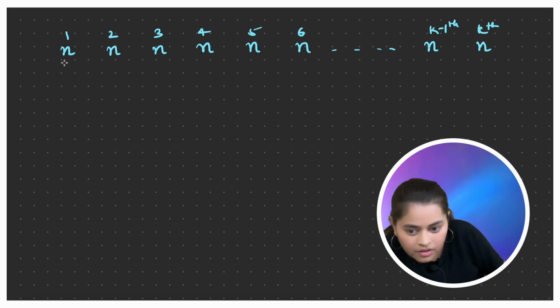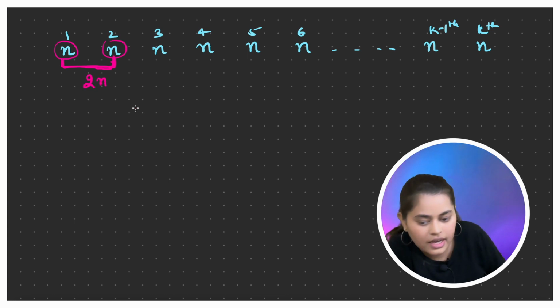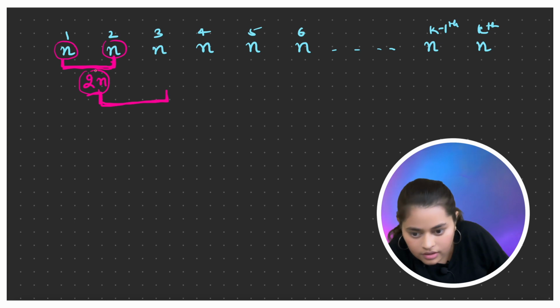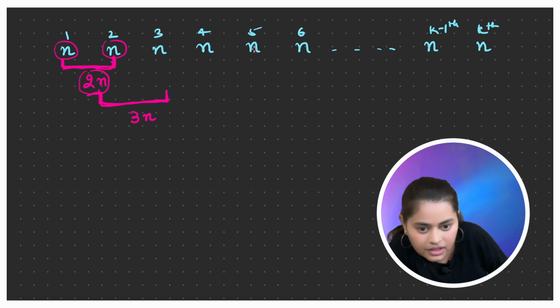What we are doing is taking these two lists and combining them into one list. Combining these two lists will take 2n time, n plus n, right? Now after combining these two lists, I have this resultant list. I'll merge this list with the third list, and it will take 2n plus n time in the worst case. So that will be 3n time, right? Now I have a list with 3n elements, and now I'll combine this list with the fourth list, which will take, right?